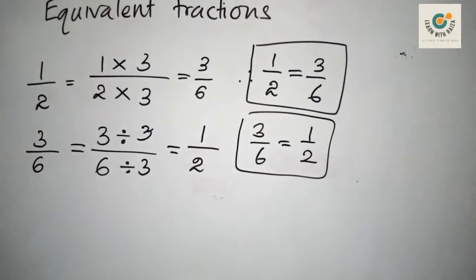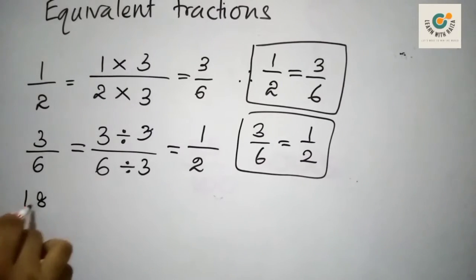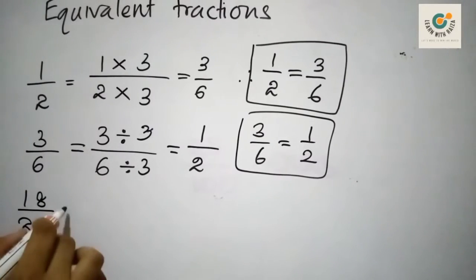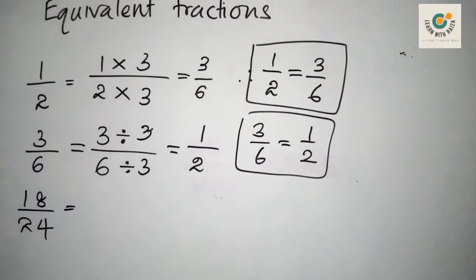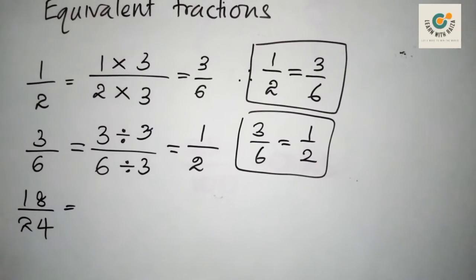Let me take another example. A huge number, a little bit, 18/24. Now, when you get a number like this, before you go to multiplication, try the division, because this is a 2-digit number. If you can do this using division, it would be easy. If you do it with multiplication, you will have to do a long working. So I'm checking now 18 and 24. By which number are they divisible?